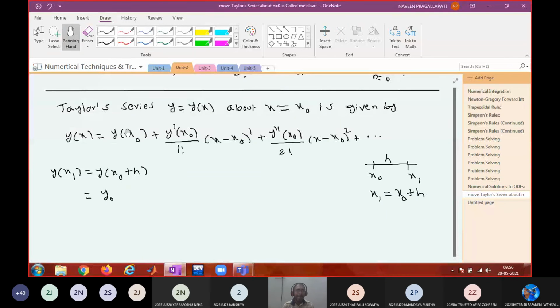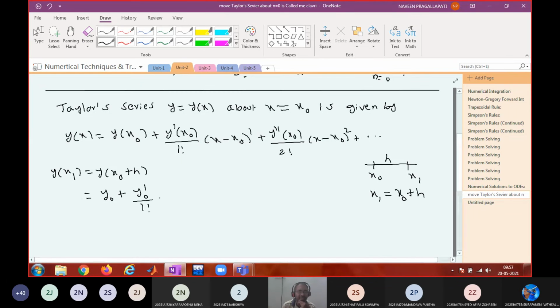Plus, can I write it as y naught dash? My understanding of this notation is y dash of x naught. I am writing y dash of x naught as y naught dash